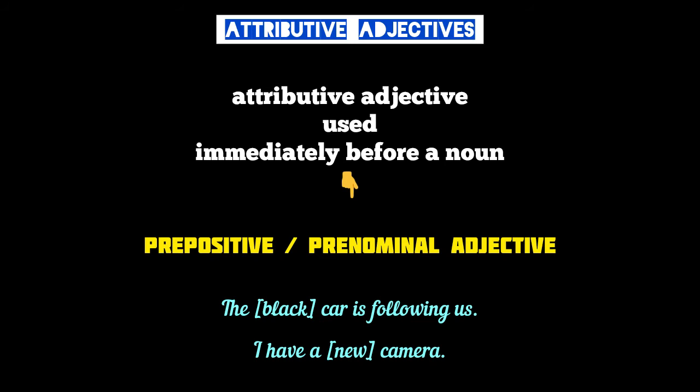For example, the black car is following us. In this sentence, the adjective black is placed right before the noun car to describe it. So it's an attributive adjective of the prepositive type. In the next example, I have a new camera. The adjective new is placed immediately before the noun camera to describe it. So new is also a prepositive attributive adjective here. Black and new are both attributive adjectives of the prepositive type because they are both placed immediately before the respective